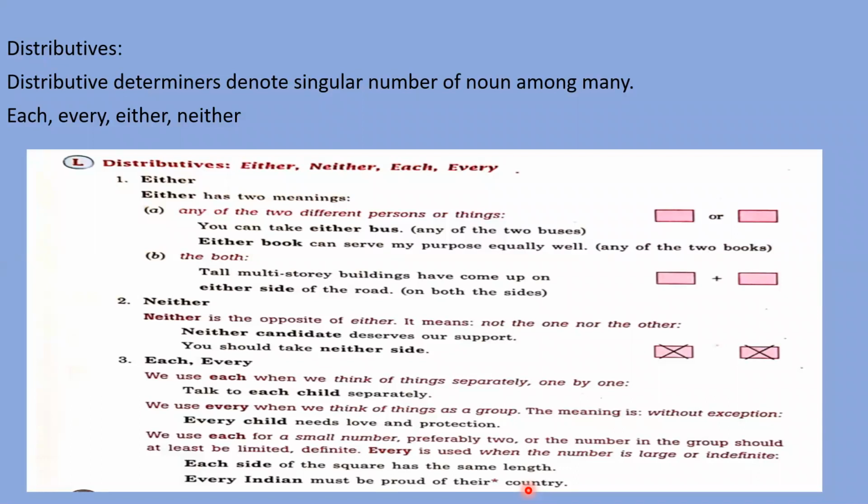Each and every, we can use these two words in the meaning of pratyek, right? When you have a definite number and you want to talk about each and every object and person of that group, you need to use each. When you have an indefinite number, or the group is unlimited, and you want to talk about every one, there you have to use the word every. These points we will understand with some examples and with exercise. Let's do this.